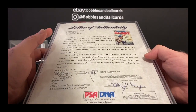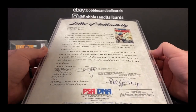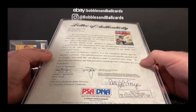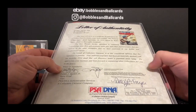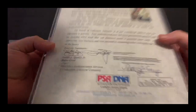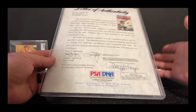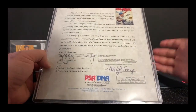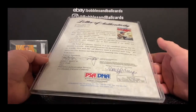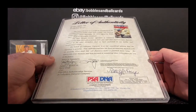This was authenticated in July of 2003, so it's an older authentication. It talks about the book and everything. The other cool thing with this is this was when James Spence was still with PSA. So it's kind of got PSA, JSA, and CBCS, who happens to be, I forgot to mention, is owned by BGS. So it's almost like a triple authenticated Mays autograph,